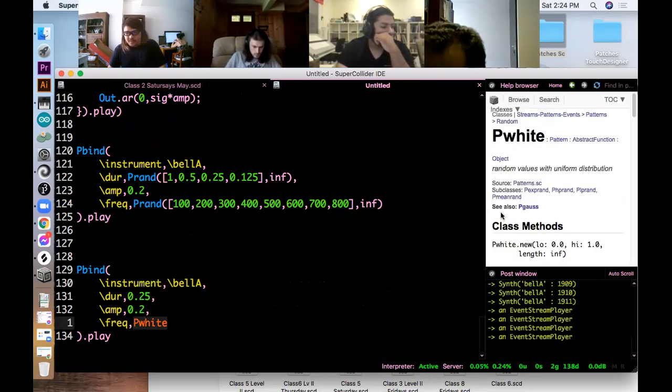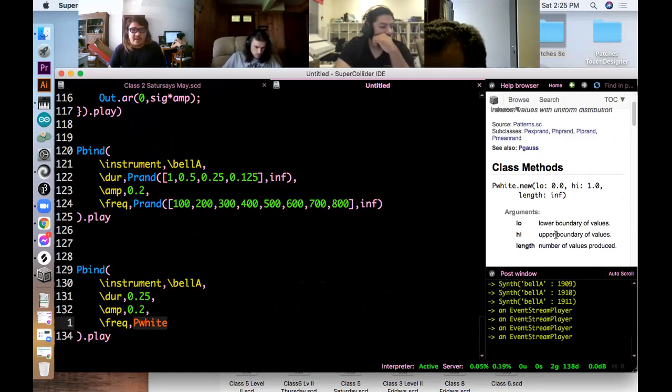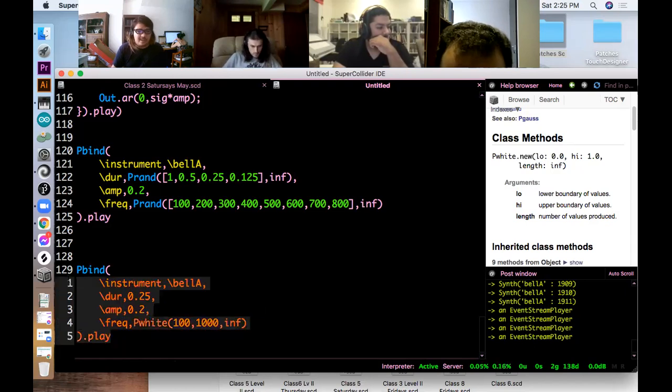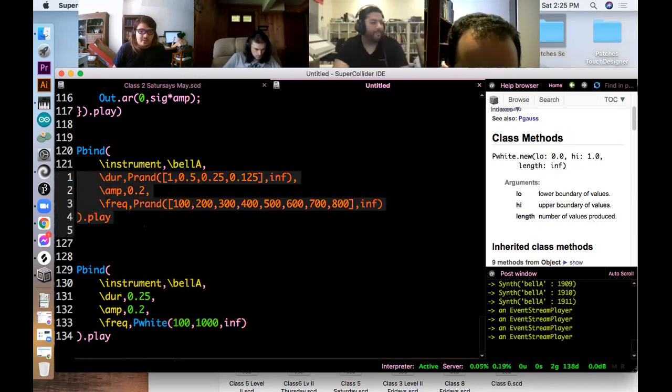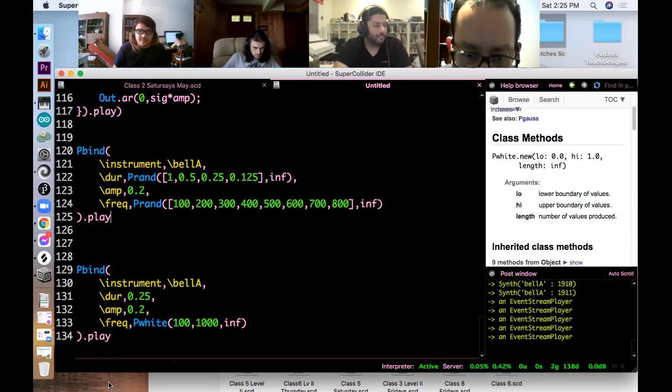It actually outputs random values with uniform distribution. So here it doesn't ask me for a list. It asks for low and high, so it will send numbers between those two numbers. If I put 100 and 1000, it would send random numbers in that range. Obviously, it wouldn't sound as tonal, as pleasant as this one, because the relation between these frequencies has a